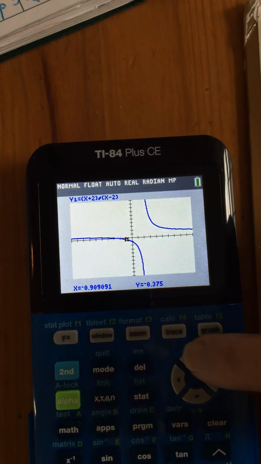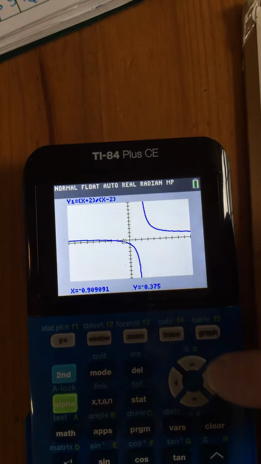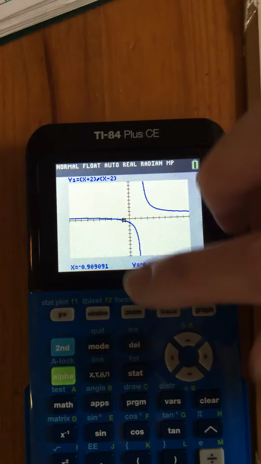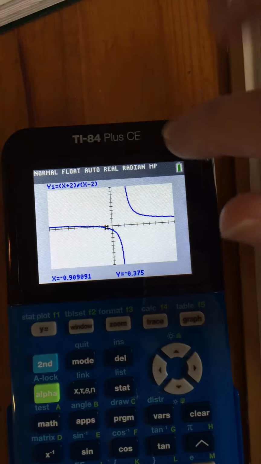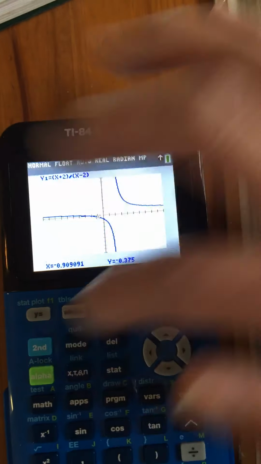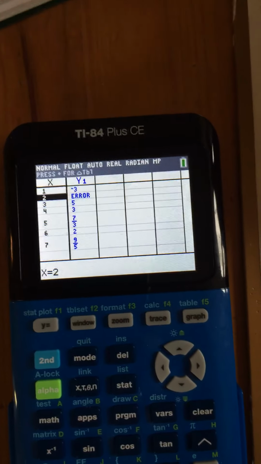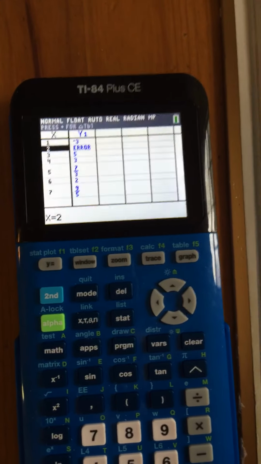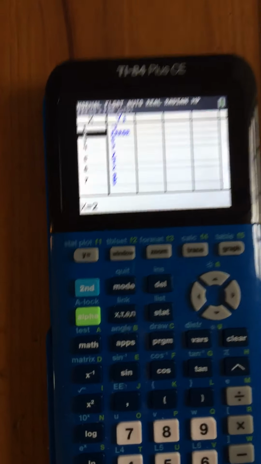So then you can use your arrow keys, zip around, get up here, get some more points. And I like the trace one better because I'm a very visual person. My sons like the table function better to go get their points. So whichever one you like. All right. And then you'll have a nice, pretty graph that your college teacher will take, or your Algebra 2 teacher, or your